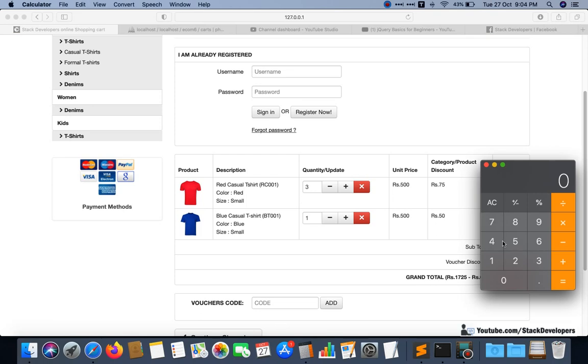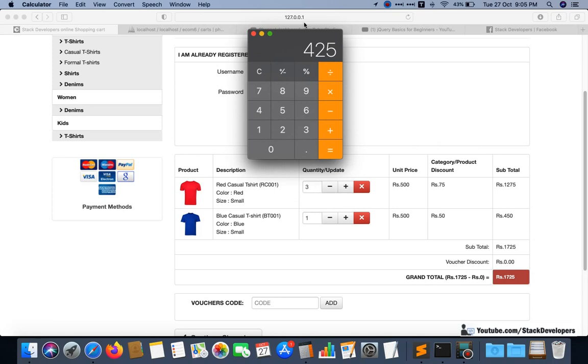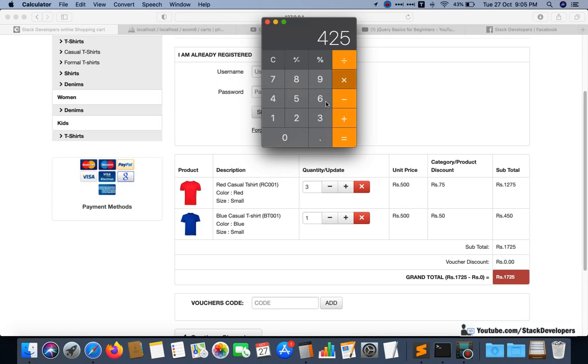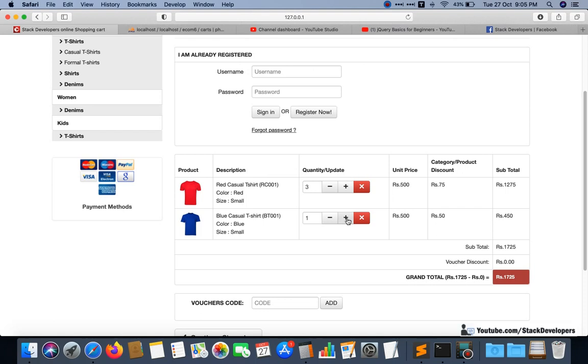Okay, and same for the other item, plus 2. Now see, 500 minus 50, it is 450, and 450 into 2, 900. Okay, so 900 plus 1275 is 2175. Okay, it is showing the correct grand total.